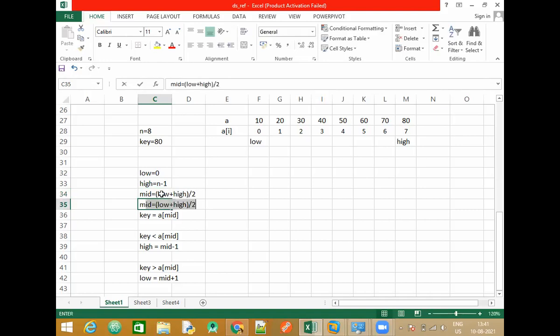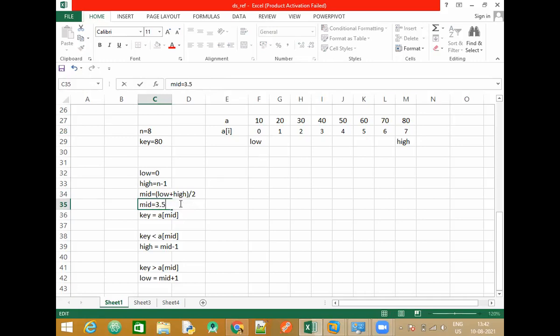Now, what will be the calculated value of mid? 0 plus the value of high, which is 7. 0 plus 7 is 7. 7 divided by 2 is 3.5. So let's update it. It is going to be equal to 3.5.